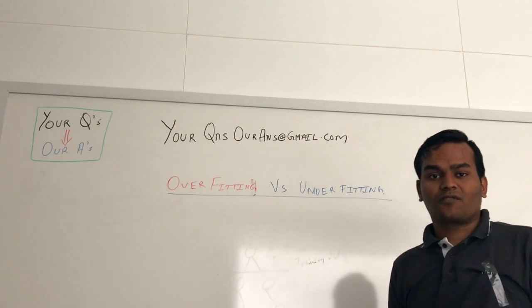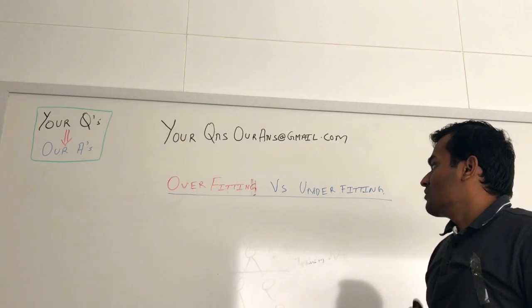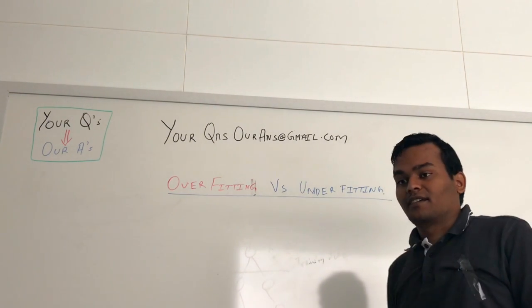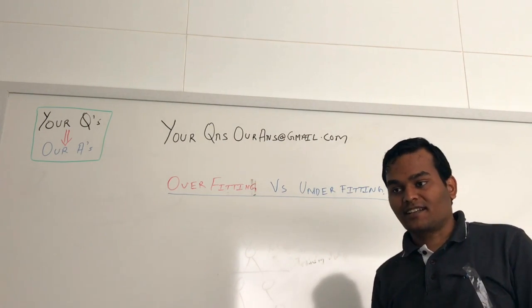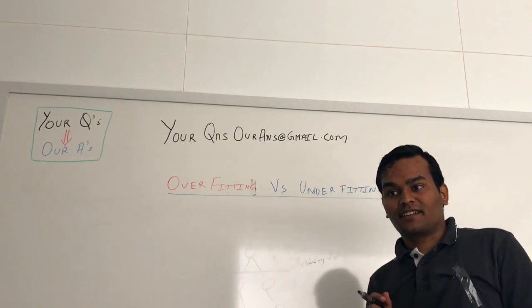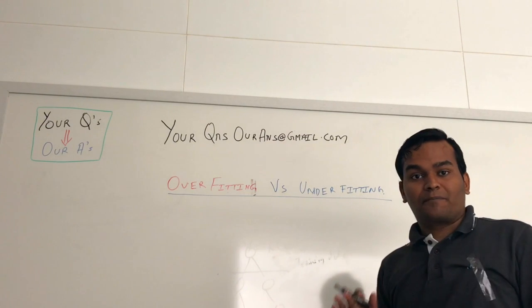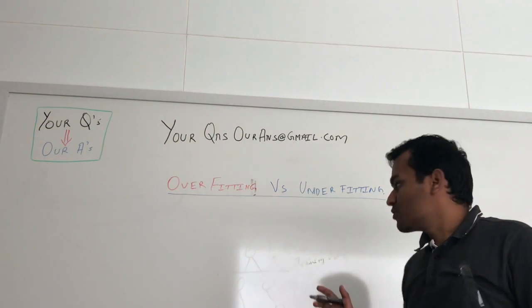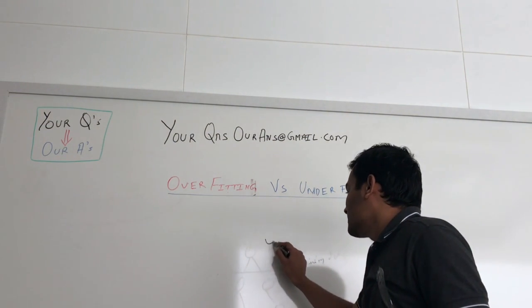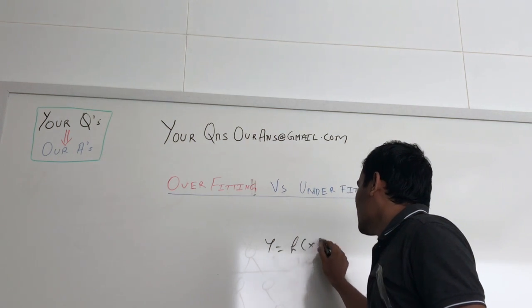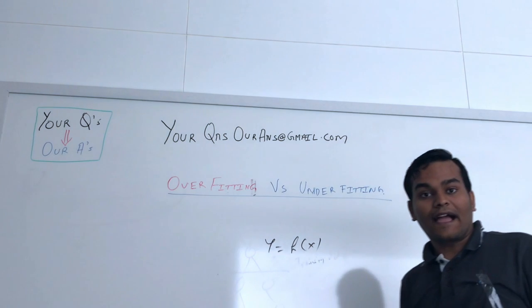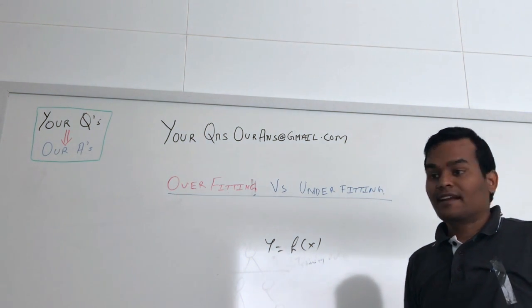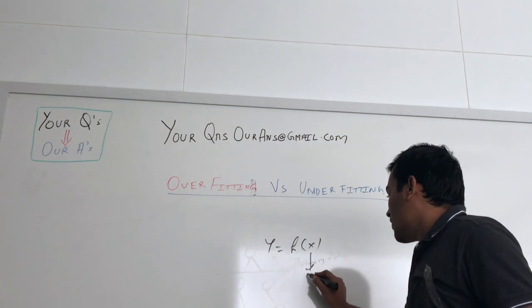We have received a question from one of the viewers to explain what is the difference between overfitting and underfitting. To understand overfitting and underfitting, first we have to understand what supervised learning is. In supervised learning, our target is to identify an approximate target function given the input x and then y. Right? So what we are given is the x, but we do not have the whole x that is there in the problem domain. It's a training set or a sample.